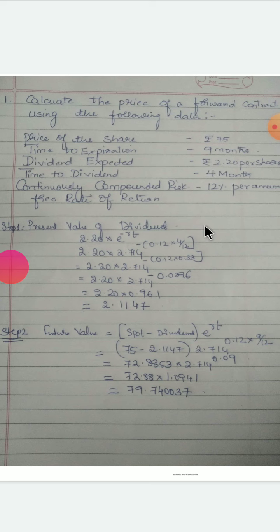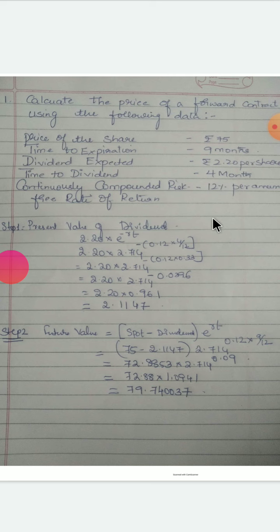Then third, the dividend yield is given, the percentage is given. Then you take the spot price, then you minus the yield from the risk free rate, then you multiply, you will get the future price. There are three concepts: one is the straightforward problem, another one is dividend is given, third thing dividend yield is given.